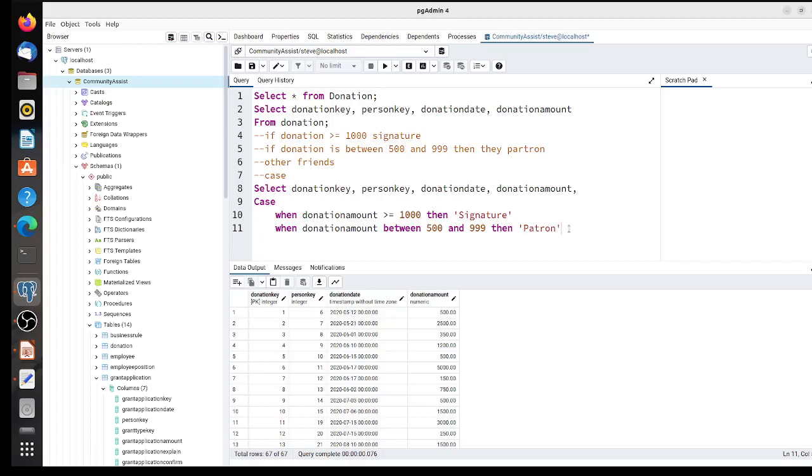Okay. Now all other conditions will be friend, right? So there's a couple of ways I could do that. I could just say else friend,